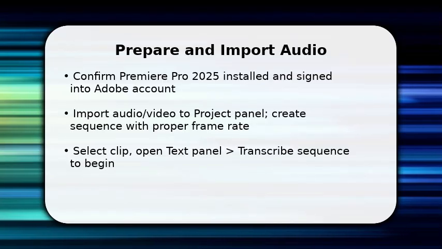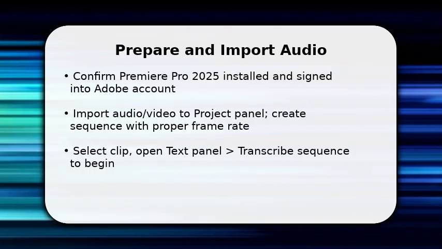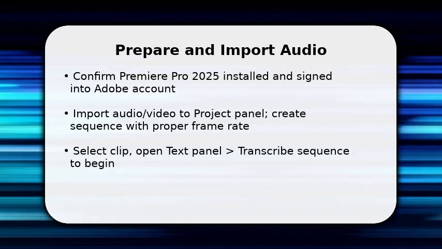You'll start by importing your source clip and selecting it in the timeline so Premiere knows what to transcribe. Once done, open the text panel and choose Transcribe sequence. Pick a language and choose speaker detection if you need separate speakers. Make sure to set transcription model to enhanced for clearer speech in noisy files and leave auto punctuation enabled. This gets you directly into processing, no extra menus, just import, select, and start transcription so the engine can analyze